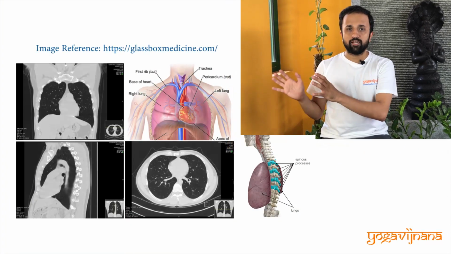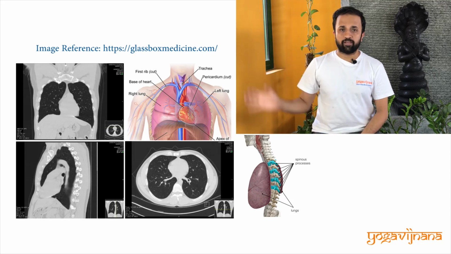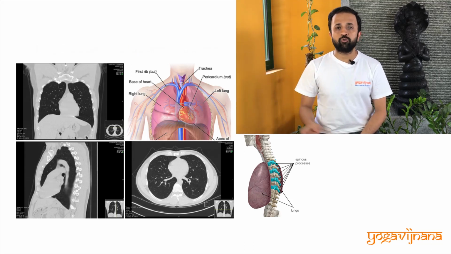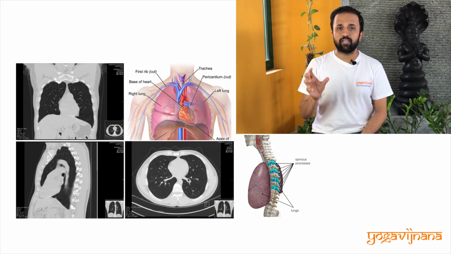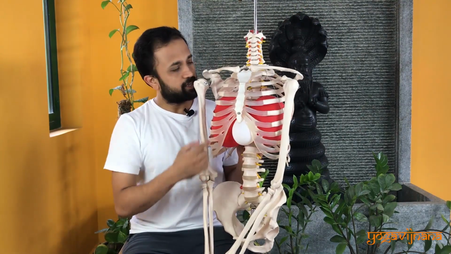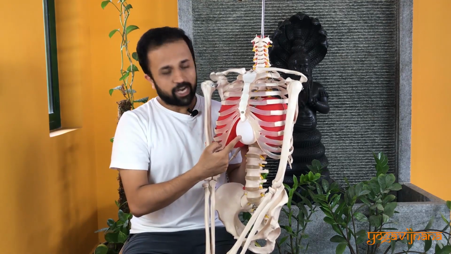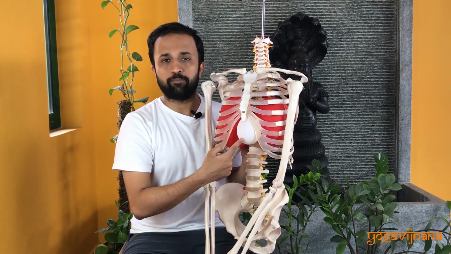Now, this is the image that you see, where we have shown both the lungs and a heart in the middle, along with the spine. In the CT scans, what is represented in black is the lung and the white patch is the position of the heart. The same thing I can show you in a skeleton, where we have represented the lungs by two red balloons and the heart in the center through white balloons.